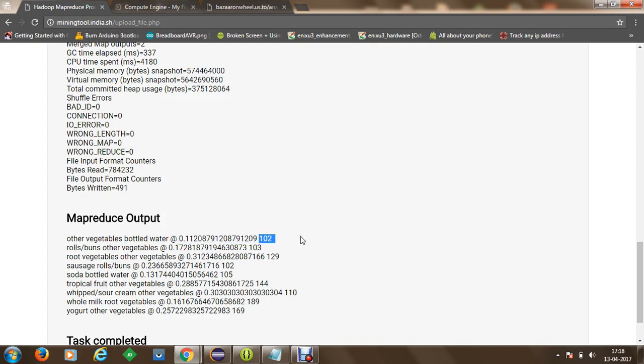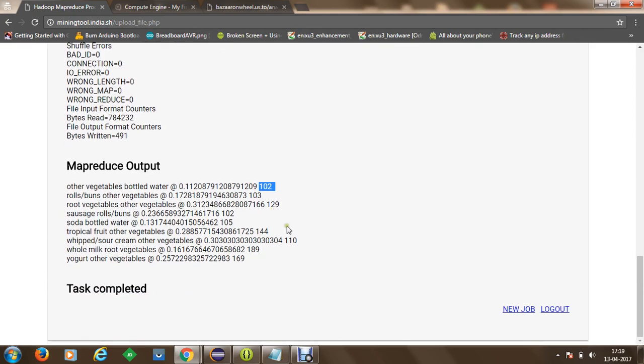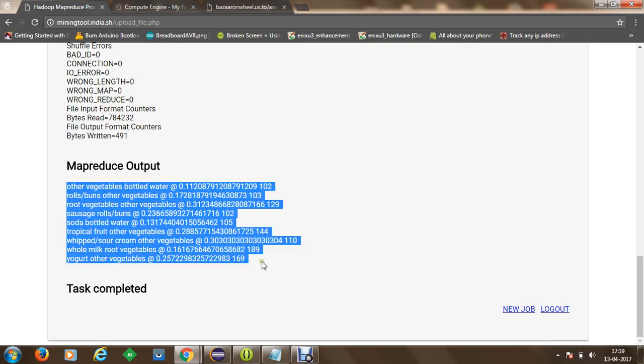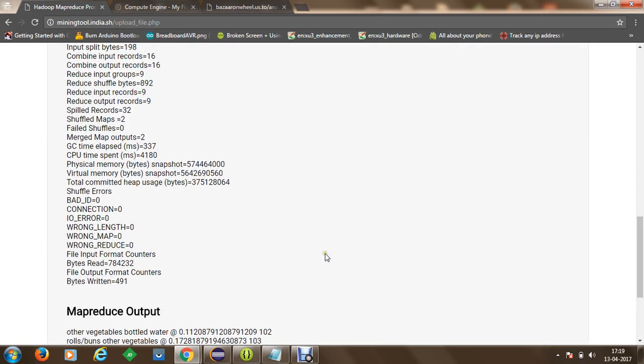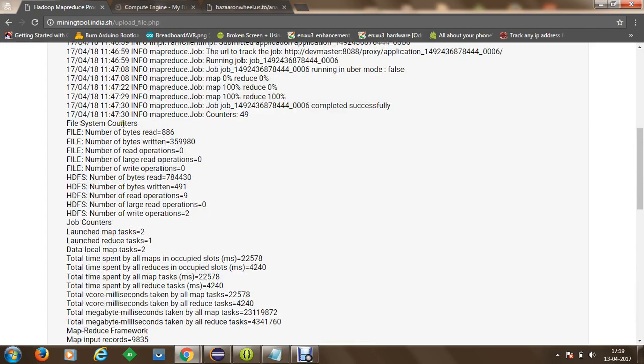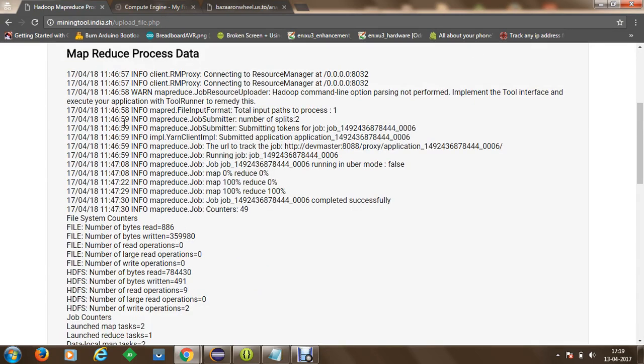So you can also get the hit count of the number of products which have been purchased, and this is how you can perform mapping and reducing over market basket analysis, and you can generate association rules with a specific confidence value and the number of hit counts which has been generated. So this is how we have got all the technical specifications of big data which has been processed.